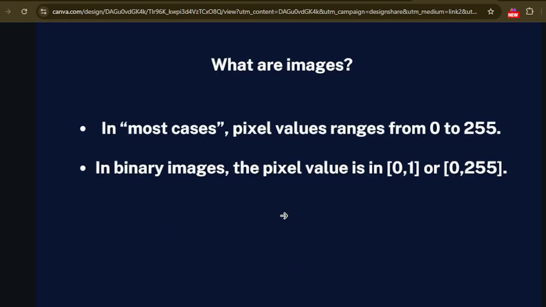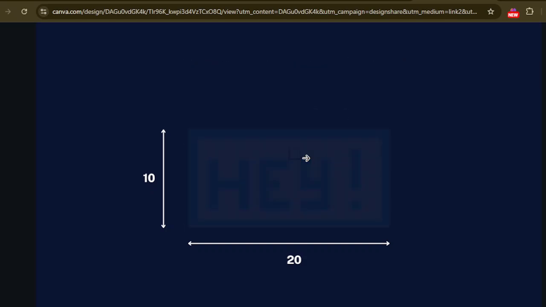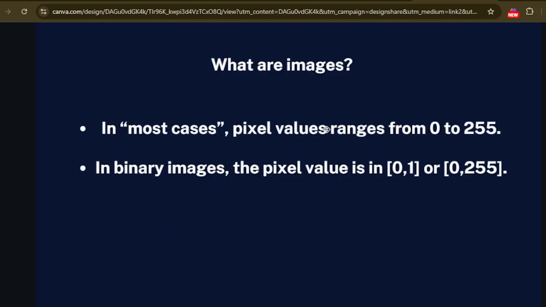Now, talking about pixels, in most cases the values of the pixels range from 0 to 255. I'm saying most cases because it's not the case for all images, but mostly this is the case. This one pixel that you see over here carries some value as well. But the value is always an integer value, an integer that ranges from 0 to 255.